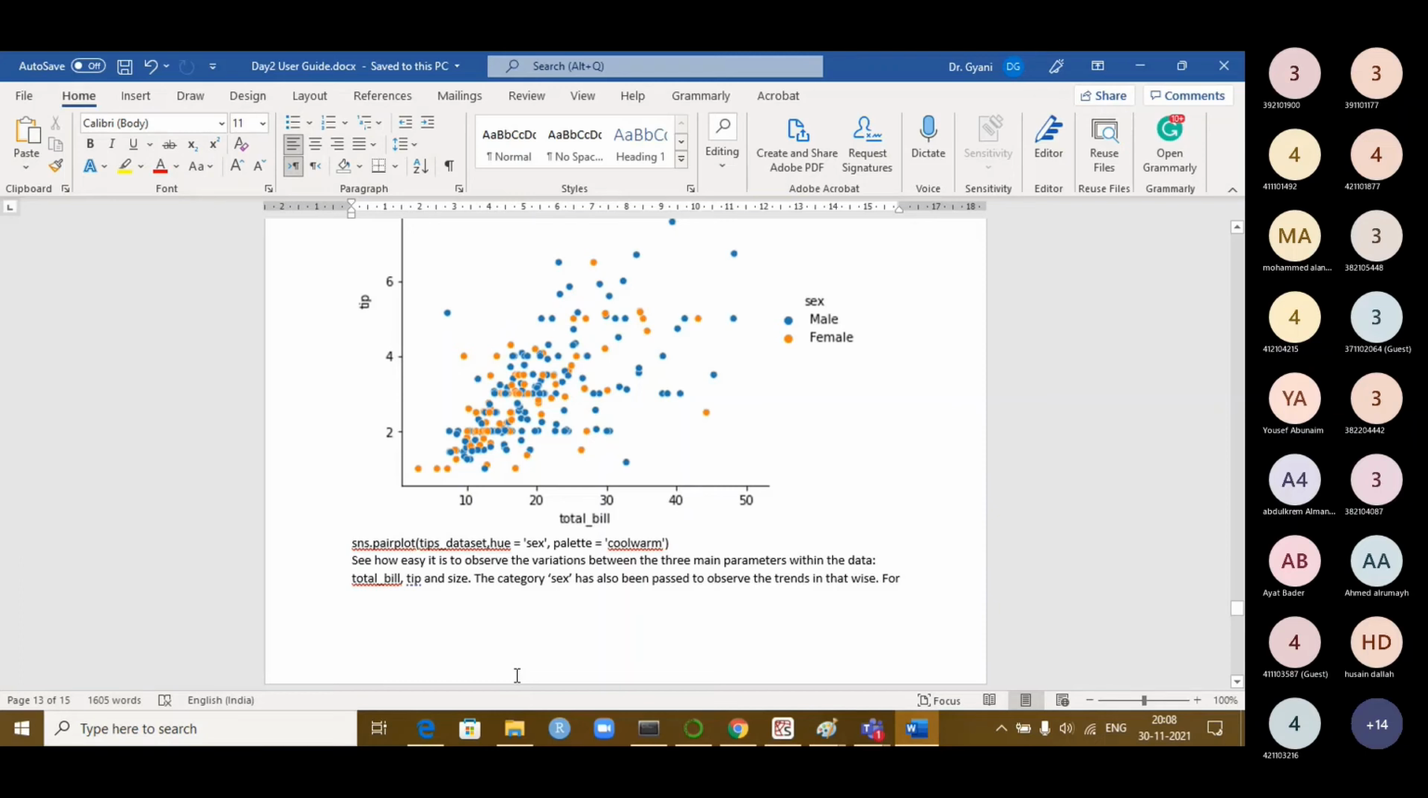Instead of drawing everything separately, all of them you can draw in a single plot, which is available from this pair plot. Pair, the name itself is indicating that you are trying to analyze the relation between two elements every time. Okay. So sns.pairplot, tips dataset, again color equal to sex, that is hue equal to sex,